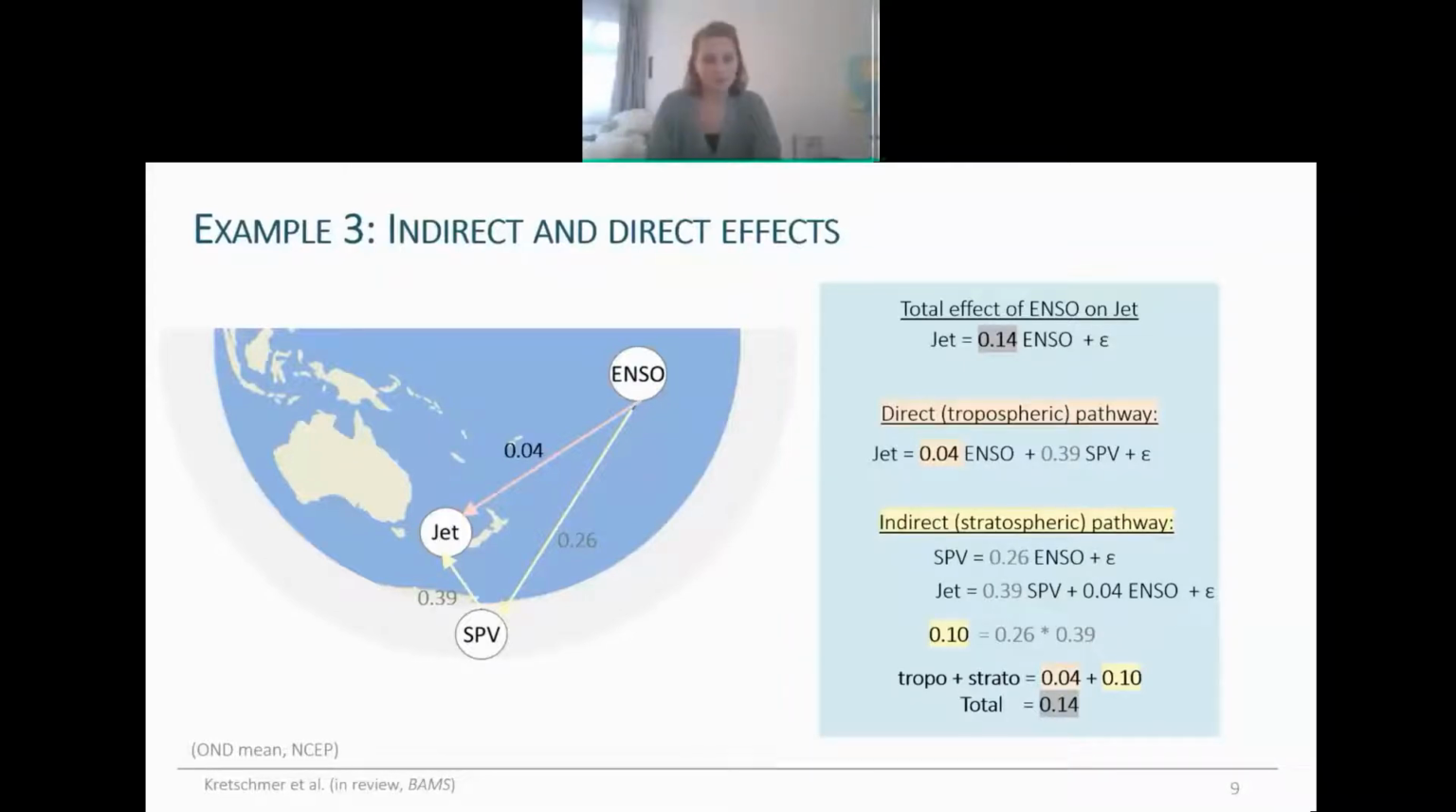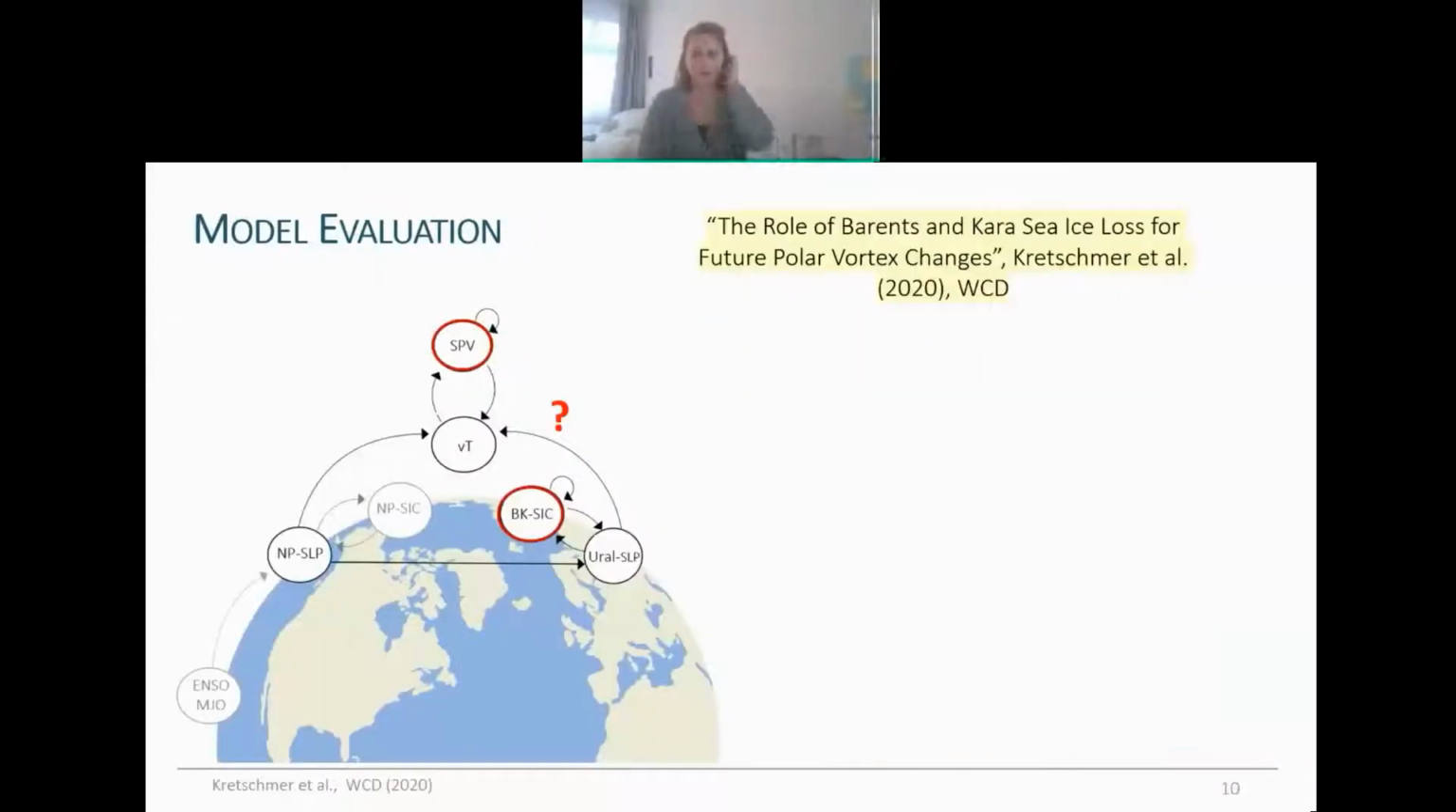Well, an obvious criticism could be that these are very simple cases. This can be more tricky. I want to highlight a paper which was recently accepted, where we try to quantify the effect of Barents-Kara sea ice concentration on future polar vortex changes in CMIP5 models. And here, from this network, which we state, you can see that things are a bit more